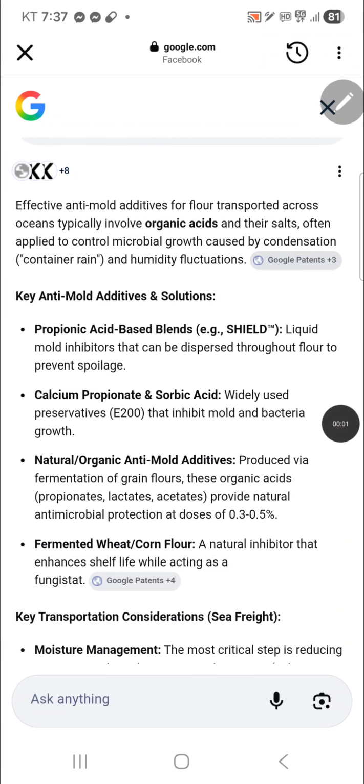Hi, let's learn about anti-mold additives that are added to your flour when you import flour from across an ocean. Like Korea imports flour from Canada, the US, maybe China too, or maybe from Ukraine too. And I heard that a lot of additives, especially anti-mold additives, are added to those flour sacks,